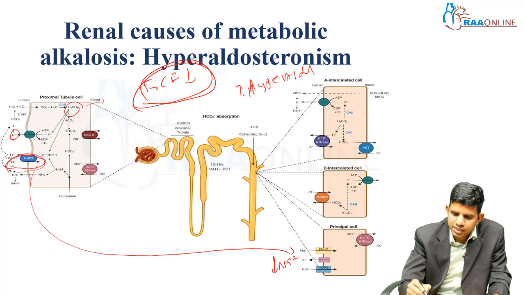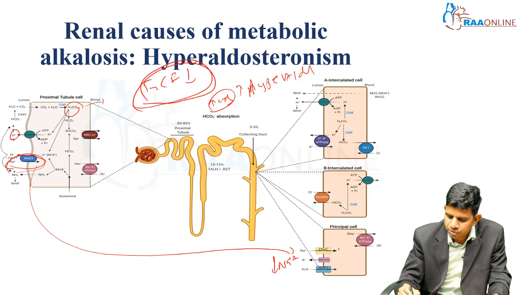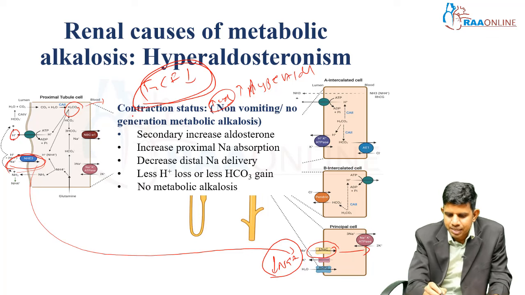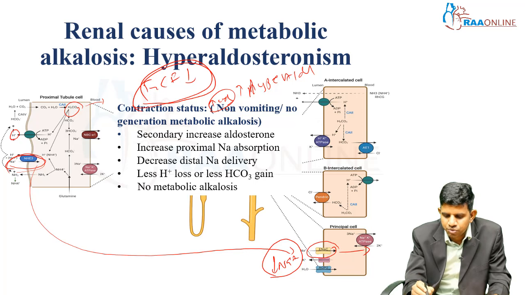But the low ECF volume increases hyperaldosteronism. With this hyperaldosteronism, what will happen? It is trying to absorb more sodium here, but because of the greater proximal absorption of sodium, the distal delivery of sodium will be low. So that is the reason that, despite contraction and hypovolemic status, a non-GI cause won't cause metabolic alkalosis. Whether there is bleeding or decreased oral intake, without vomiting it won't cause generation of metabolic alkalosis, because the secondary increased aldosterone will occur, but the increased proximal sodium absorption decreases the distal delivery of